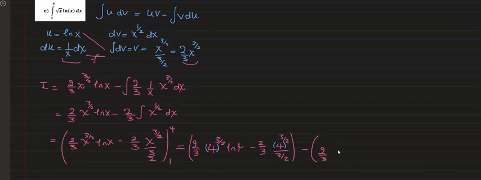So we have 2 over 3 and 1 to the power of 3 over 2. The ln 1 is 0, so this term is 0. And then minus 2 over 3, this is going to be 4 over 9. This 2 over 3 divided by 3 over 2. This bar is a divide, right? 2 over 3 divided by 3 over 2 is 4 over 9. And then the x, which is the 1 to the power 3 over 2, this x is going to be 1 as it is. And then we subtract, and